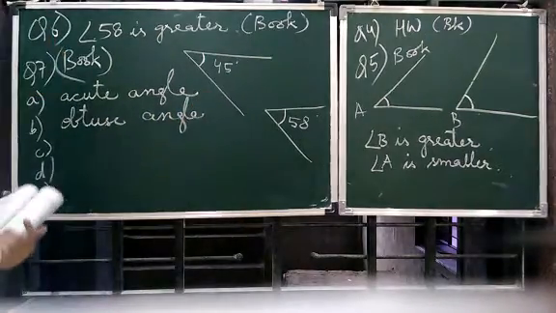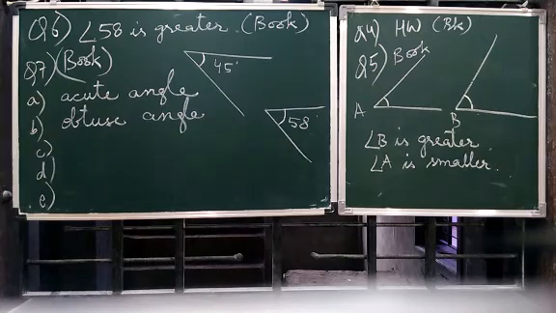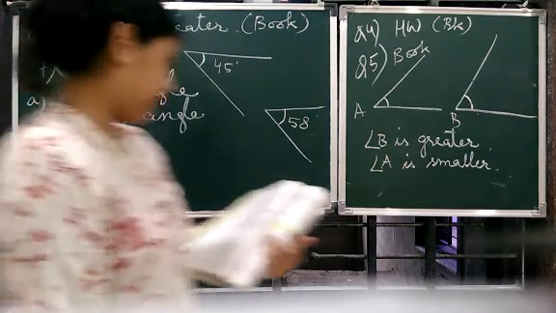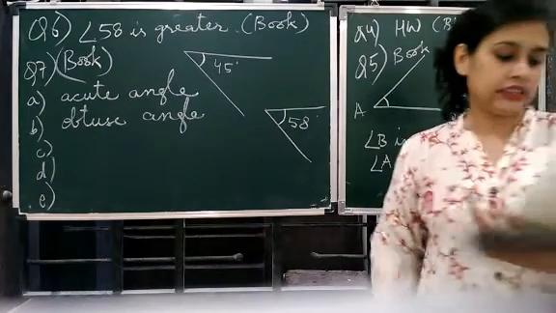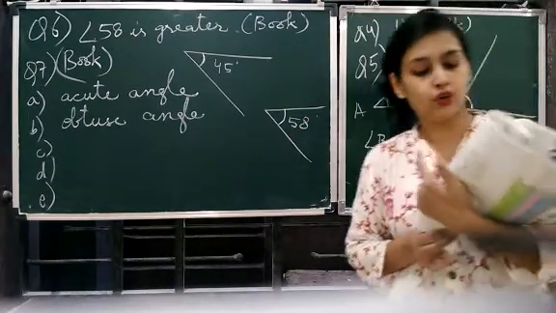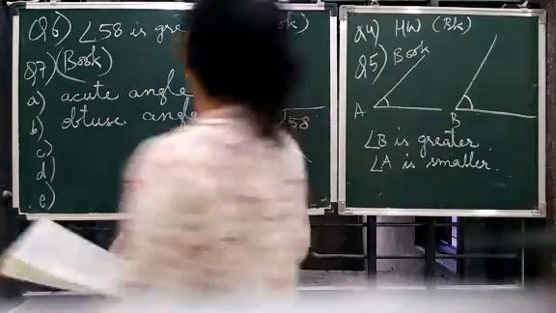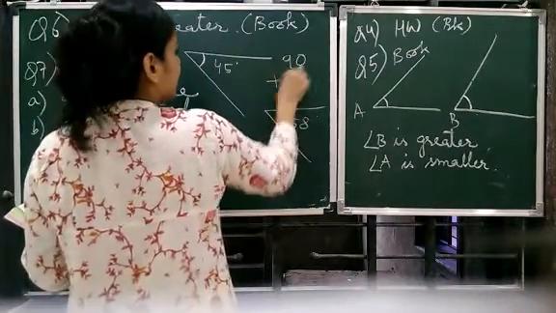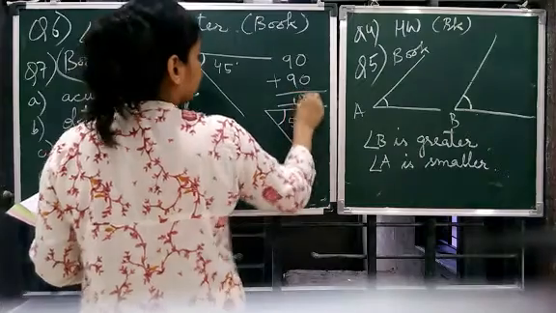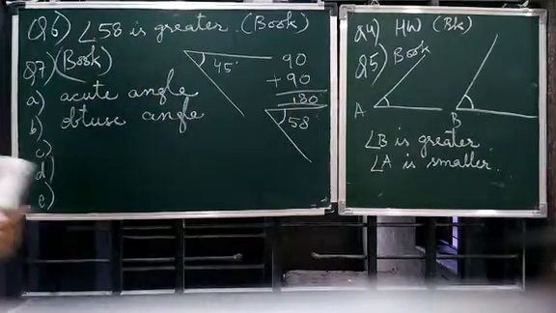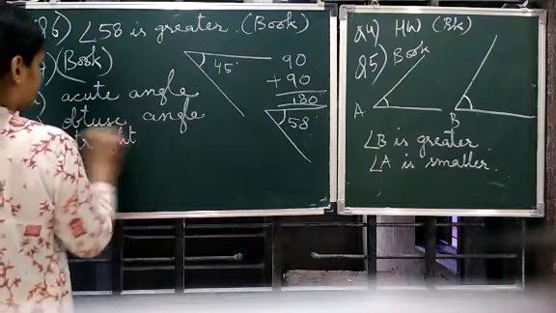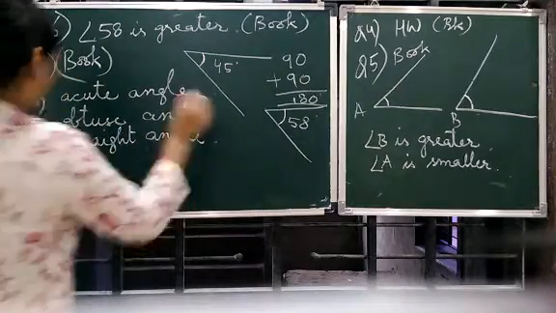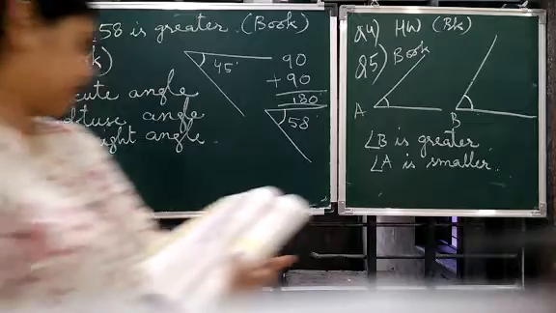Yes, पिछले episode में we've done this only. We started with the types of the angles, the classification of the angles. Then an angle whose measure is the sum of measures of two right angles. Sum of measures of two right angles means 90 plus 90, which is equal to 180 degree. So 180 degree means a straight angle. Got it? Then D.